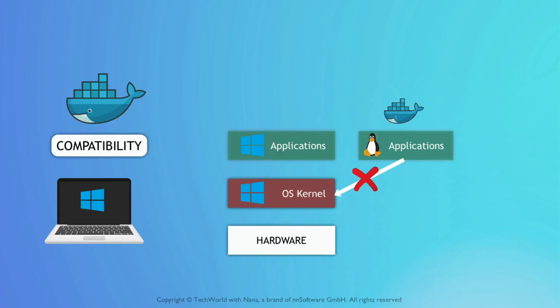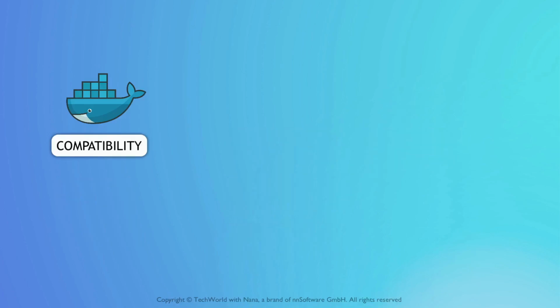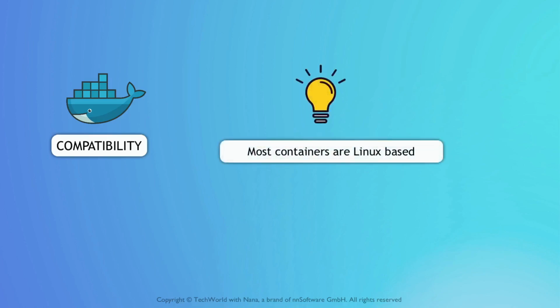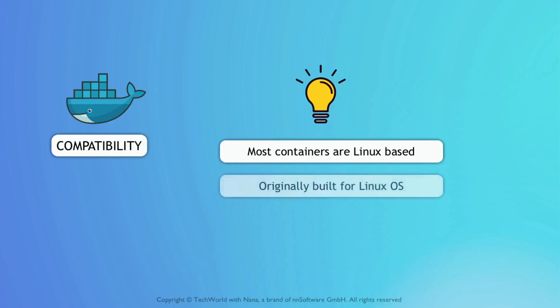The problem here is that a Linux-based Docker image cannot use the Windows kernel. It would need a Linux kernel to run, because you can't run a Linux application layer on a Windows kernel. So that's kind of an issue with Docker. However, when you're developing on Windows or macOS, you want to run various services, because most containers for the popular services are actually Linux-based. Also interesting to note that Docker was originally written and built for Linux.